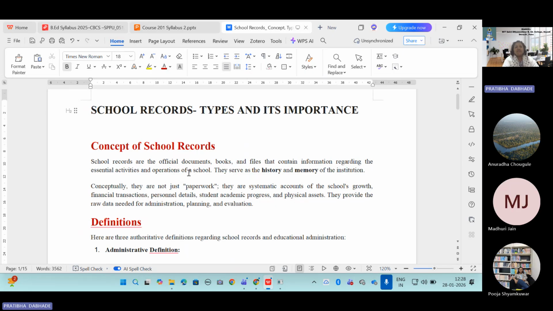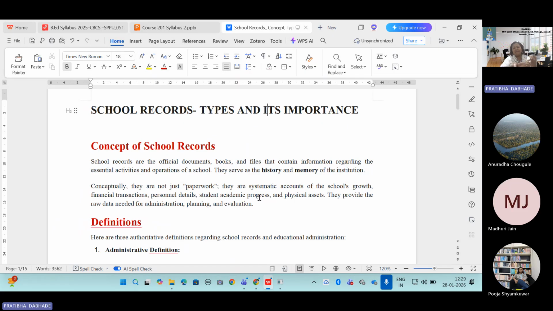School records are official documents, books and files that contain information regarding the essential activities and operations of the school. They serve as the history and memory of the institution. Is it really possible that whatever events the school conducts, they can easily recall everything they have conducted? Of course not. So it's like a memory aid for any institution, right? Whatever things are happening in the school,